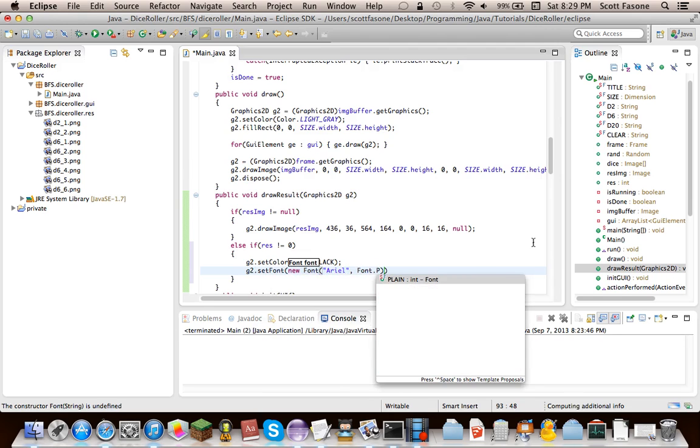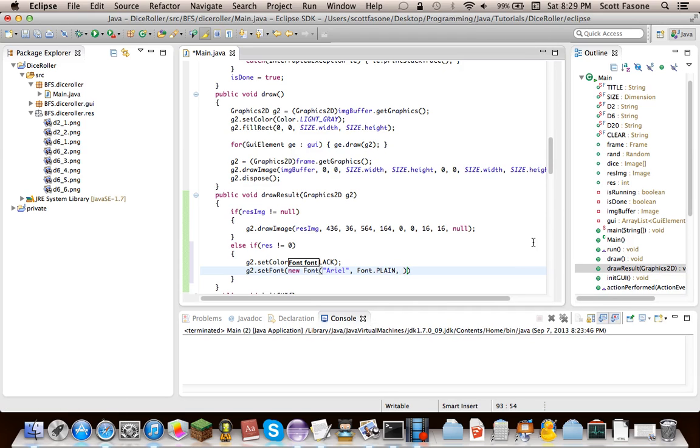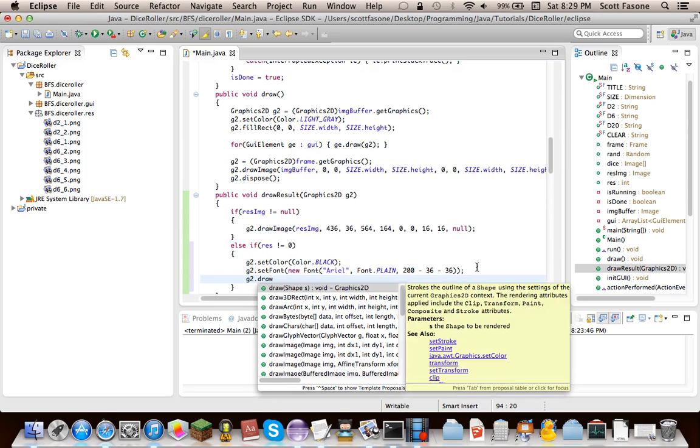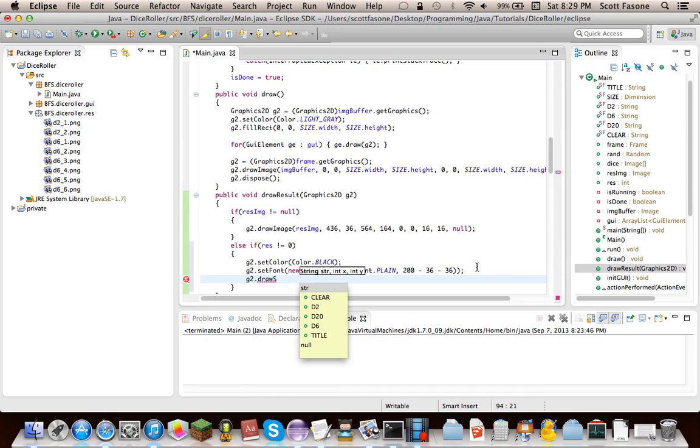We'll just make it plain. Why not? And we'll make it some more math that I figured out beforehand, which is just the height of the window minus the header and footer. I gave the image's indentation, so it's going to be the same height as the image would be. So now all we have to do is draw the string, which is just going to be